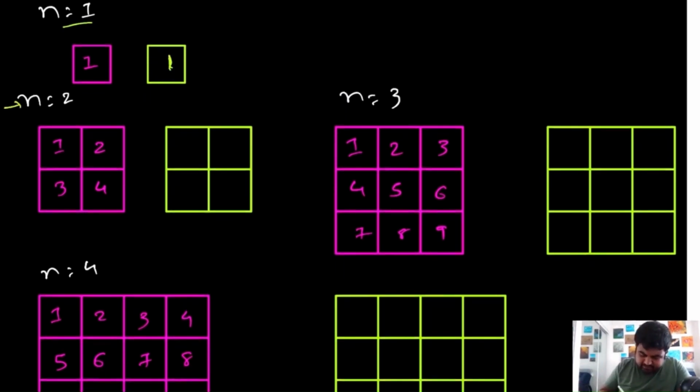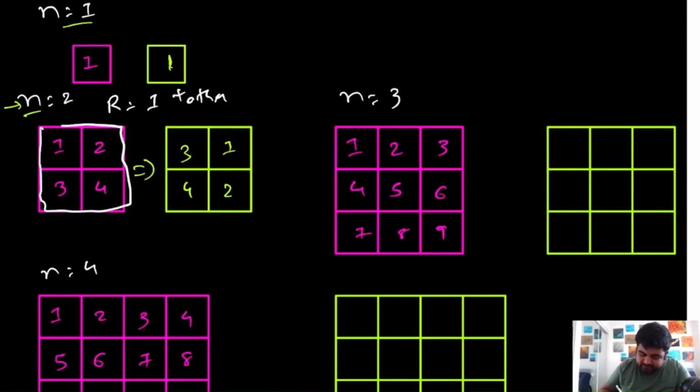Now for n is equal to 2, if we rotate this matrix by 90 degrees, what is going to happen is that this 1 node is going to shift 1 value to the right, this 2 node is also going to shift one value to the right, 4 and 3, all of them are going to shift 1 value to the right. So first of all we'll shift 1 over here, 1 value to the right, 2 and then 4 and then 3. So this is the 90 degrees rotated result for n is equal to 2. So basically what we have done is we have rotated all the values one place to the right for the outer layer. And in this case, since we only have 4 elements, which means the layer is only 1,